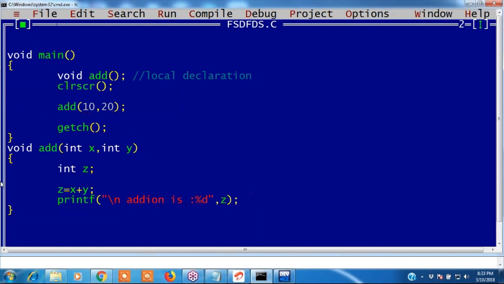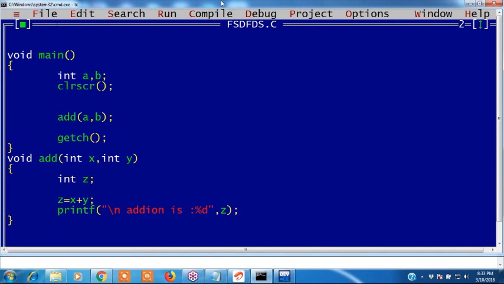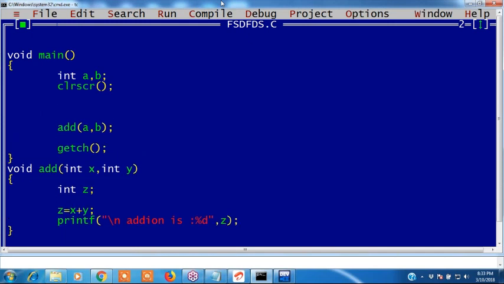Okay, clear this? Now instead of passing directly 10 and 20, take other parameters. Now I am taking integers a and b. If I give 10 and 20 directly, output is 30. I don't want 30 directly. I want the values from the user, a and b. I want it dynamic, which means I want to read the values from the keyboard.